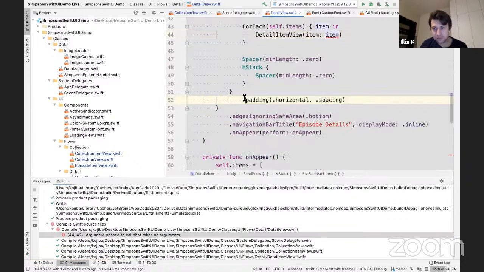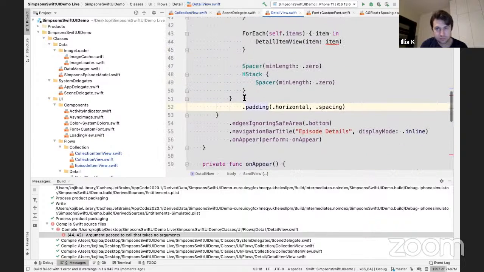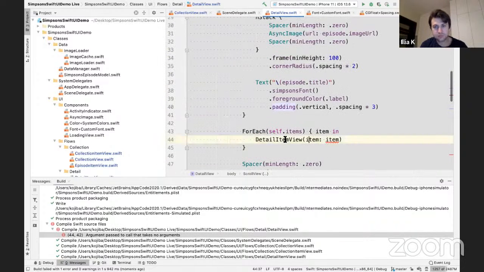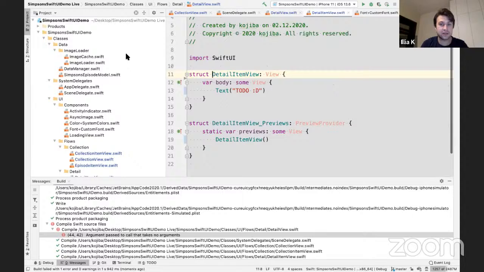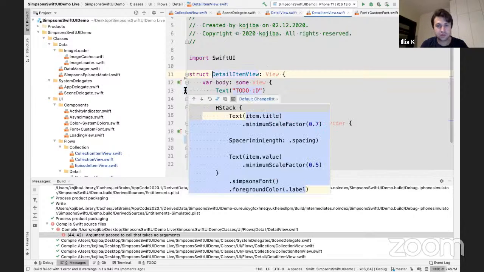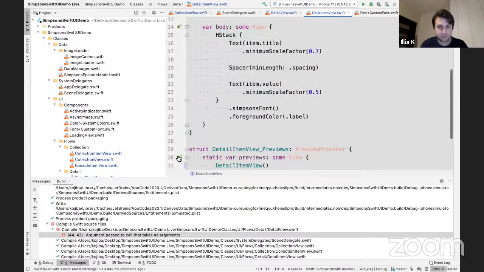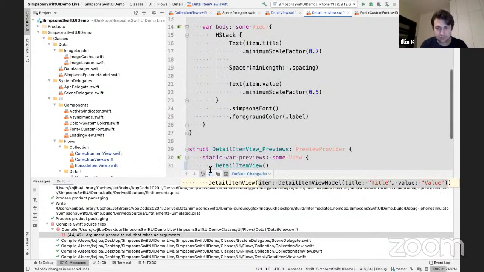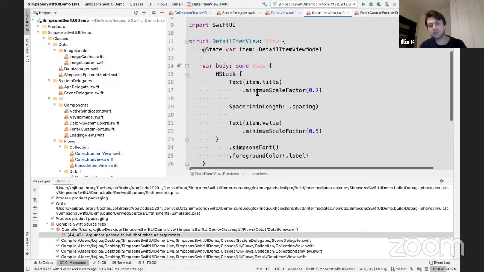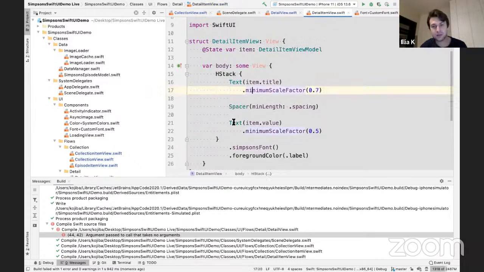Debugging in Swift. I remember the detail item. You will not like it, so roll it back. So we could see the nicely identified minimum scale factor and spacer as it was for the item view, and also